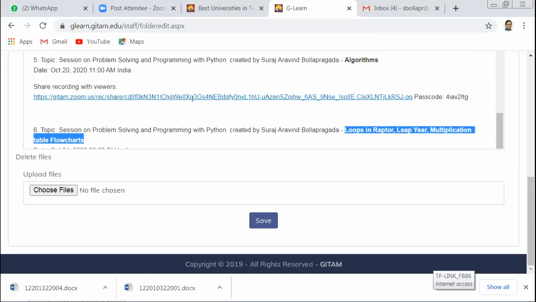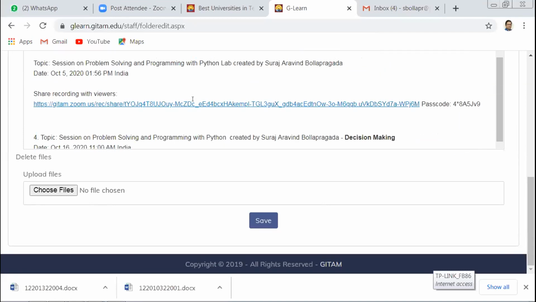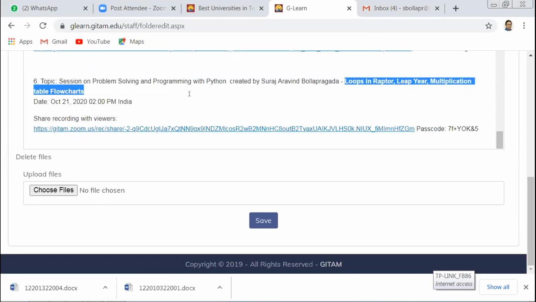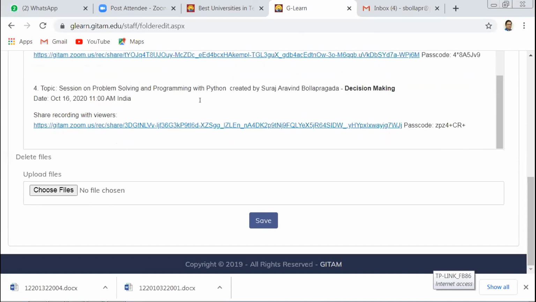This is the link, right? Every class link I am not putting. Suppose a class where we are only verifying your work, that doesn't require a Zoom recording session, so that I did not keep. The rest of the important topics I have kept. It is common for other sections also. It is available in the theory part.